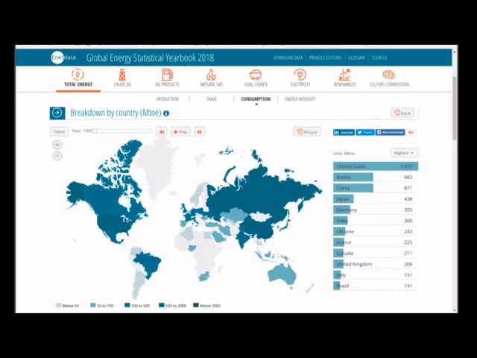Second point to remember, these are absolute numbers, meaning this is the amount of energy each country actually used in total. But countries don't have the same populations, nor do they have the same kinds of economies and needs all the time. So this comparison can be a little misleading.